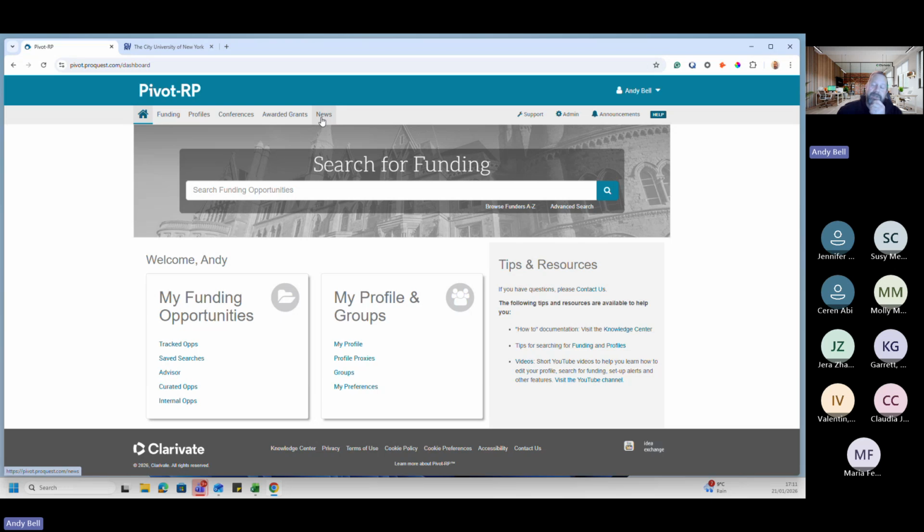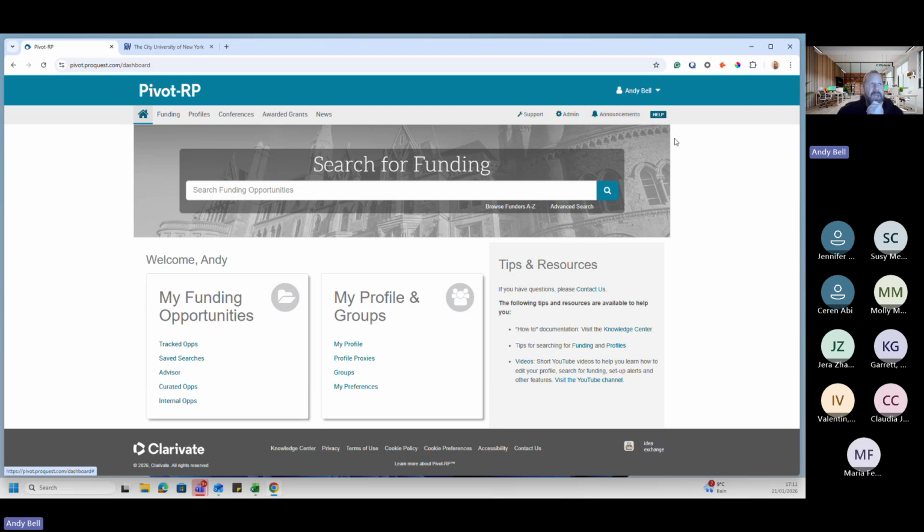And then we have the news section, which is all the reporting behind Research Professional, and is really good insight of news about what's going on within the world of research funding. You won't see the support bar and you won't see the administration button. The administration is something that's reserved for your research office and anybody your research office wants to give administration access to. You will see an announcements function that just announces anything that's happening within the site. So if there are any new developments, but it's also used by your research office, or can be used by your research office,